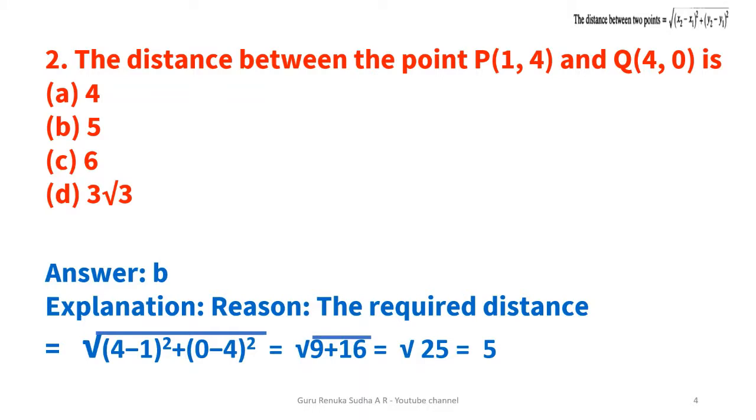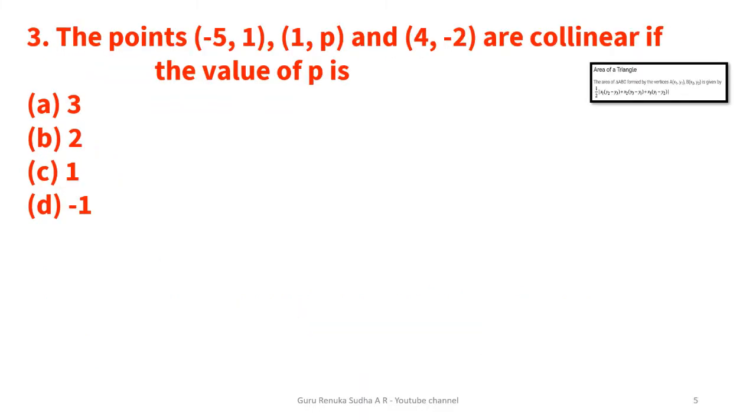Next, in the second problem they are also asking the distance between 2 points, but they have given P and Q along with the coordinates x and y, and it is calculated by using the distance formula. In the third question, they have given 3 points along with the coordinates, but in that, one coordinate, that is the y2 coordinate, represented by P, we have to calculate. So how do you calculate it?